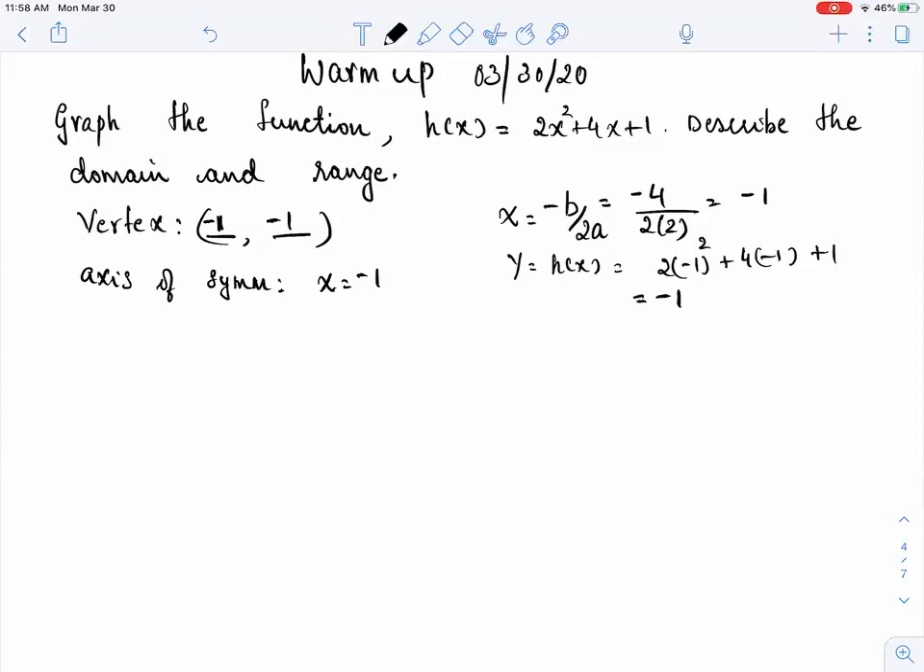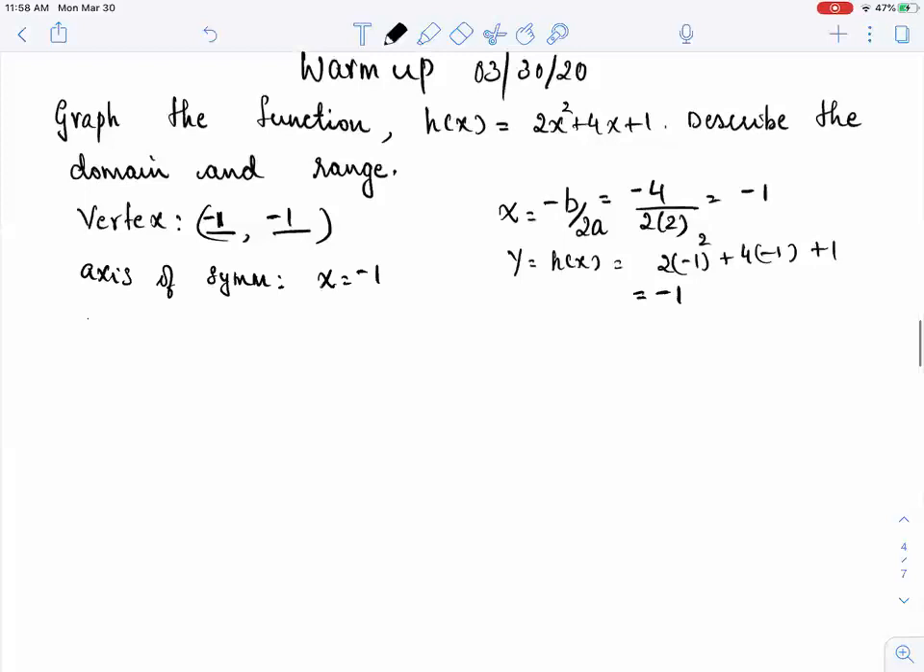Now there is another point that you can easily find. What is that? You just have to look at the equation. Y-intercept. Correct. So the y-intercept is the constant. So 0, 1. At this time, I want you guys to start graphing because we can reflect the y-intercept and get the third point. Okay. So if you were to graph now,